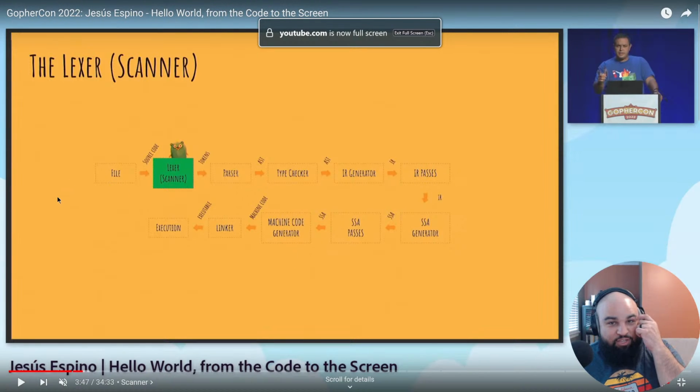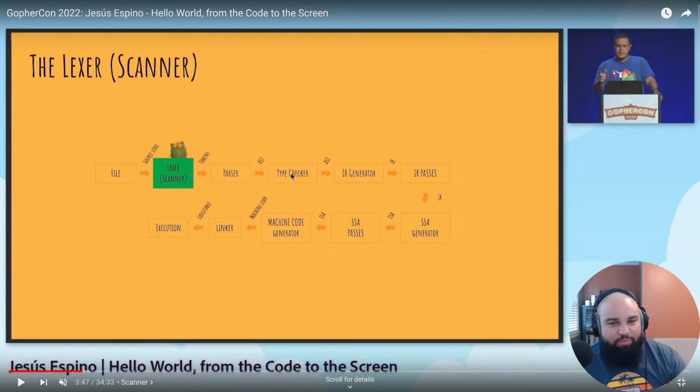He showed this talk and he said file, lexer, parser, type checker, IR generator, all of these steps that happen. And I remember I was literally sitting in the audience for this talk and I was like, what the heck is lexing and parsing? I was so confused. I just know file and execution. What is this dude talking about? But now I get it. I see what they're talking about. You are taking the source code and you're making tokens. I know what a token is now, right? All these terms on this screen look familiar now, with the exception of the IR stuff, but it's fine.